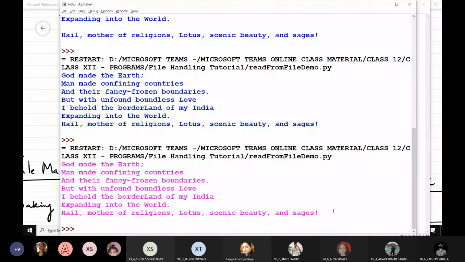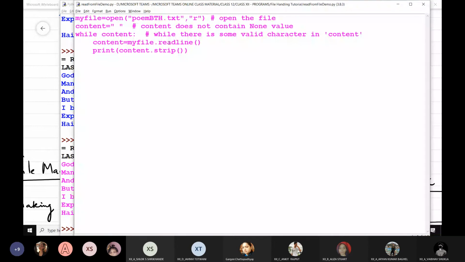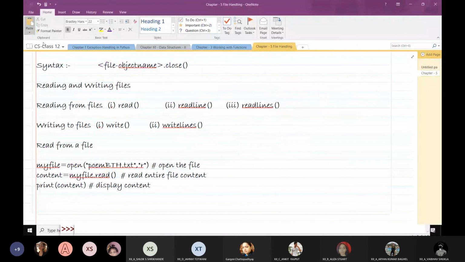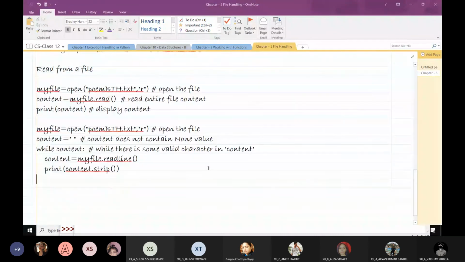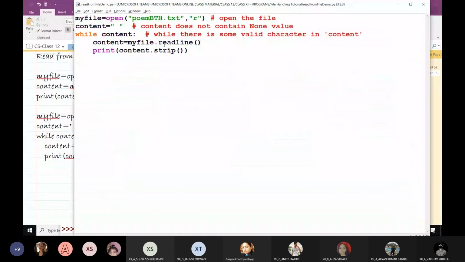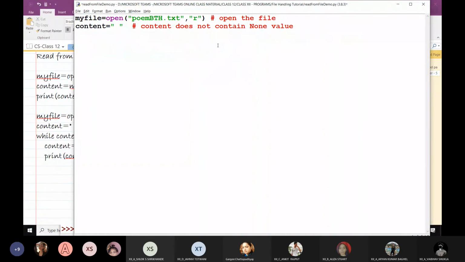So that was the readline function. Let me save this also. Now, this was what I did using a loop. Suppose I don't use a loop. I simply write here content equals myfile dot readline.